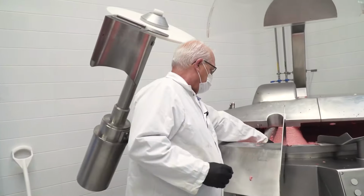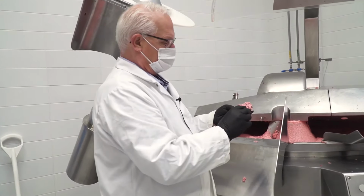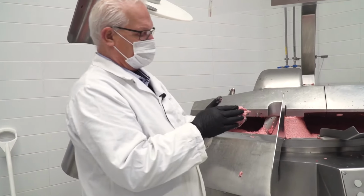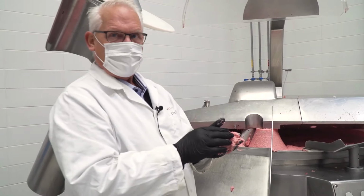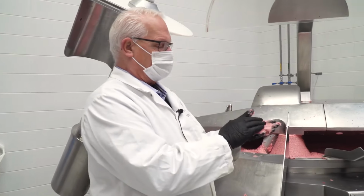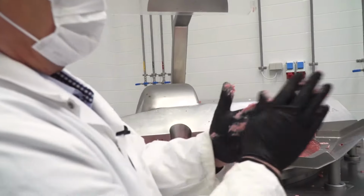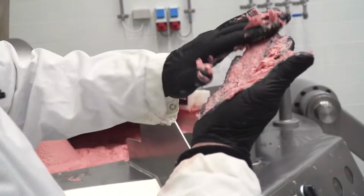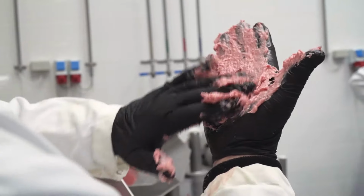We are now preparing the recipe for the texturized super premium product. What we have right now here is the chicken carcasses. We have the liver, and we have the chicken MDM, salt, phosphate, and 50% of the water. In this process, we have run the temperature up to +2 degrees. We have extracted the protein, which is extremely important to make a super premium product, so the fat, water and